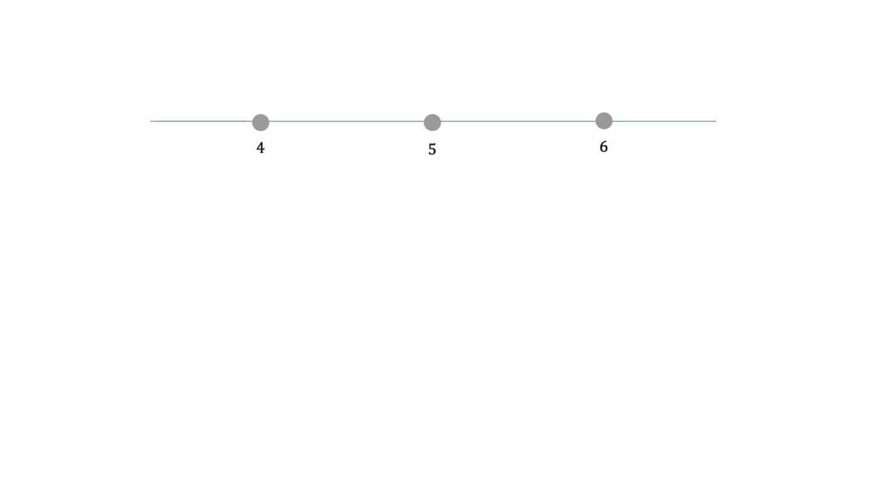In this section, we're going to talk about the symmetry and the skewness in return distributions. So let's go ahead and jump right into it to see what we mean. Suppose I have these three specific points as a rudimentary example here, and these points are 4, 5, and 6